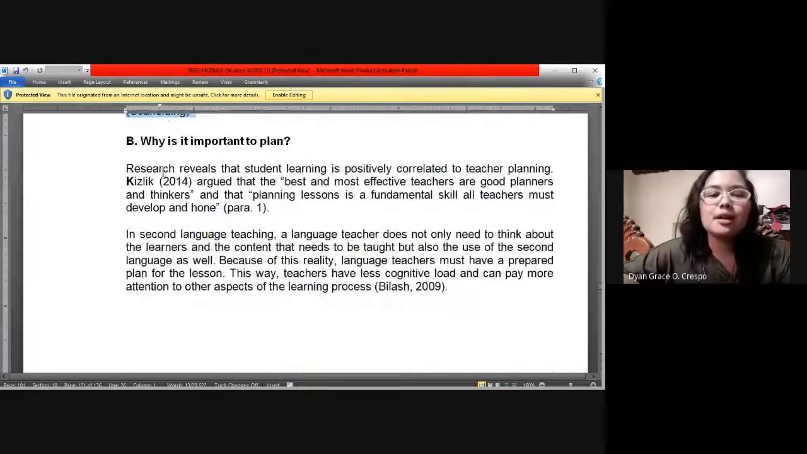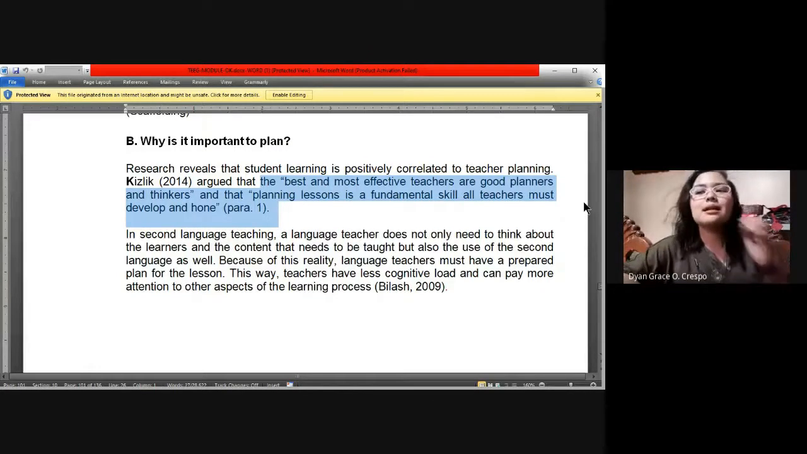Ngayon, tanong, bakit daw important si lesson plan? Research reveals that student learning is possibly correlated to teachers' planning. Kislik argued that the best and most effective teachers are good planners and thinkers, and that planning lessons is a fundamental skill all teachers must develop and hone. Kasi when you plan a lesson plan,